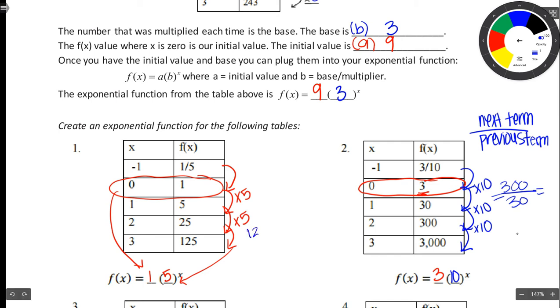If you do 125 divided by 25, that will give you 5. If you do 25 divided by 5, that will also give you 5. Or if you do 5 divided by 1, 5, next term divided by the previous term, then you will still get the multiplier or the base. So this is very helpful. This here, I will definitely have a note of that somewhere, because it's not always going to be obvious what